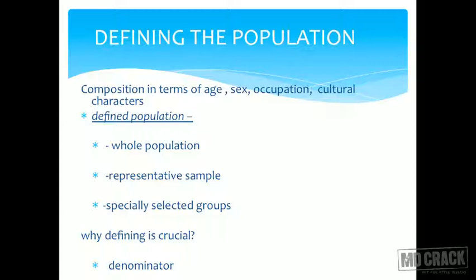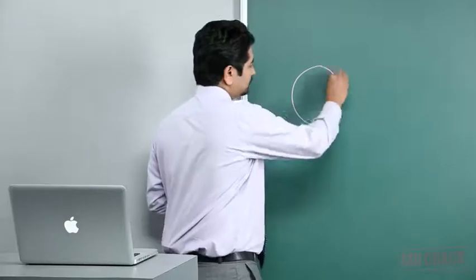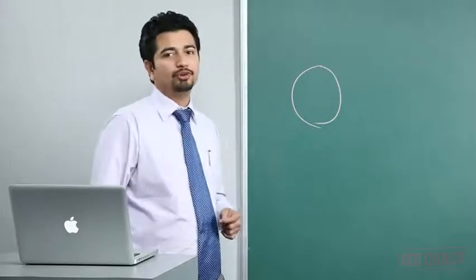This is done more often than not, because if you have to do a research, you cannot include a whole community. The sample size would be very large. The cost and the time required for the study would be prohibitive. So what we do is we take a small sample out of this whole population and we then extrapolate the results of the study group onto the population. For those of you who are starting to lose track, let's calm down and let's look at this diagrammatically so it is more clear.